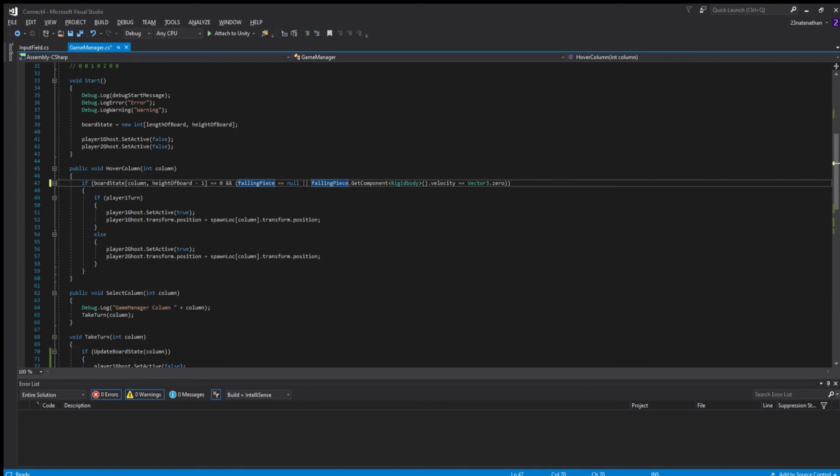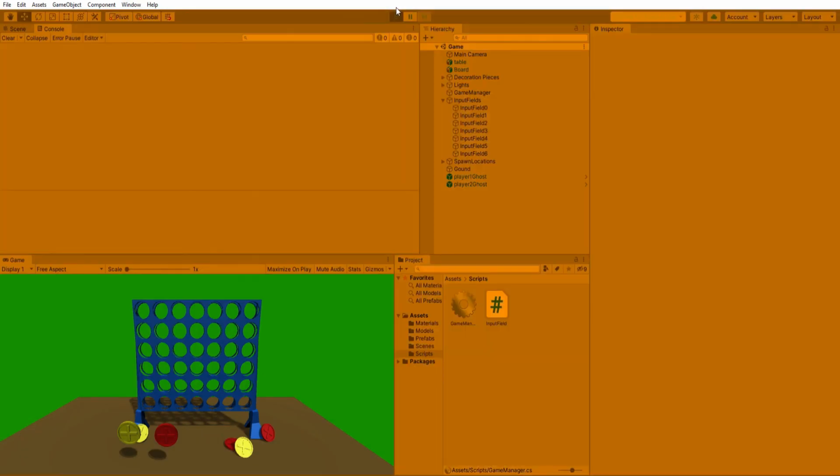You have to put this one first, because this tells it that it doesn't exist, and if it doesn't exist and it goes to this code, it'll show an error. If you haven't used C#, this is just the or, and that's saying and. And then there are parentheses around this because we want to say if it either doesn't exist, which is the case for the first object, or if the velocity is 0. So if we save this and go back into Unity and press play,